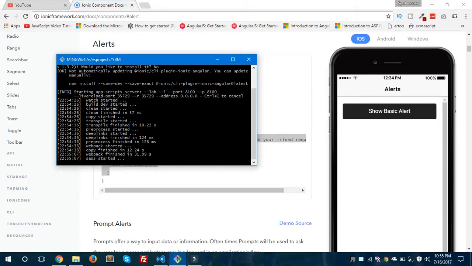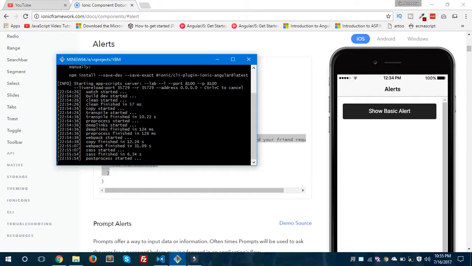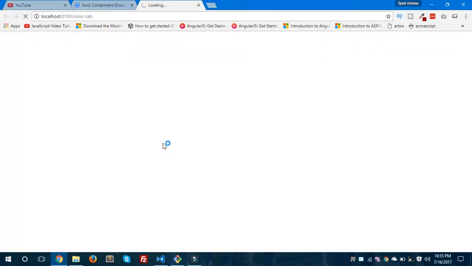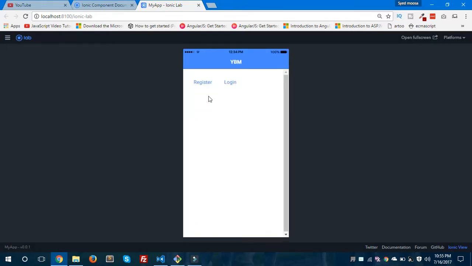You can see here our application is ready, and soon it will be launched in the browser. Yeah, it is running now. I have already selected the iPhone platform, so it runs only on iPhone. You could select Android and Windows as well. Login, and I'll give Musa. First of all, I'll open my console to see the result, to see the promise,